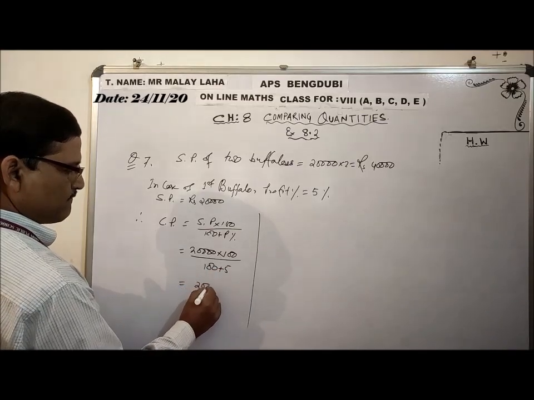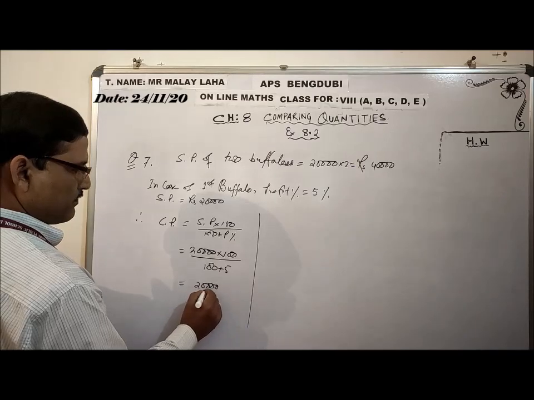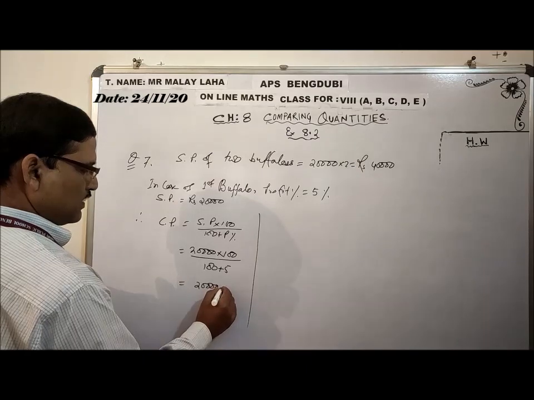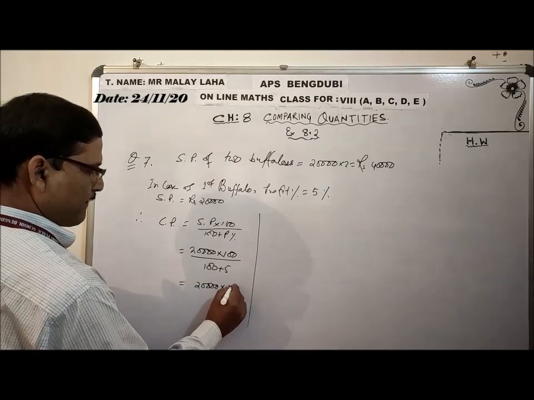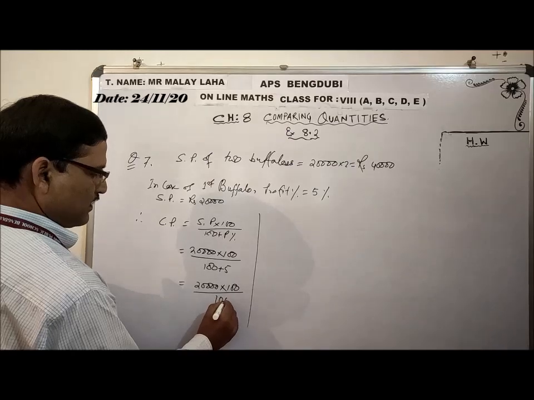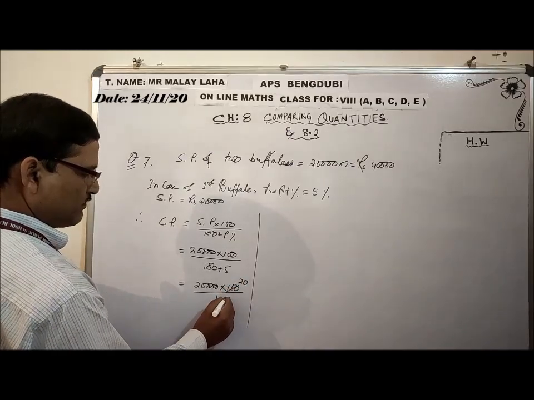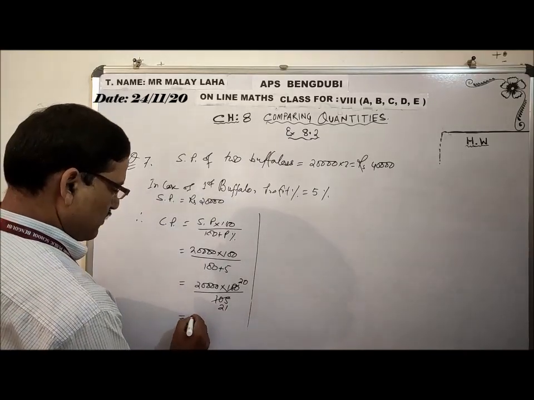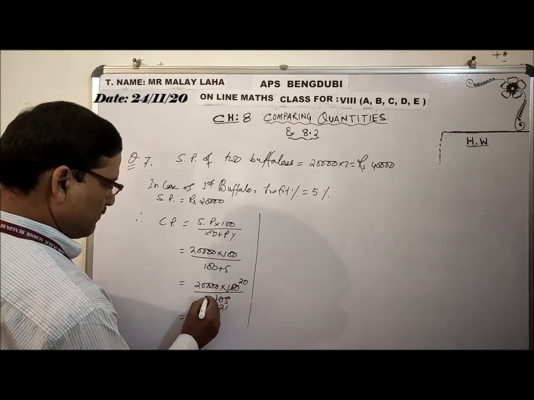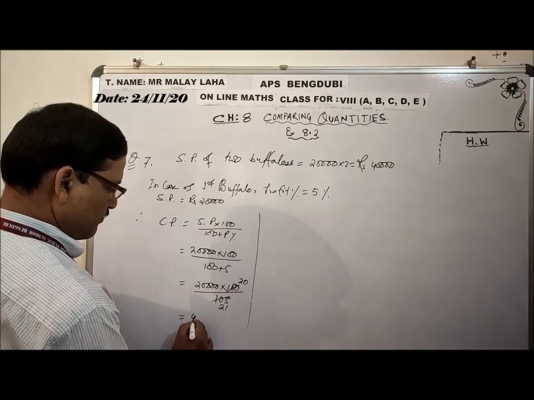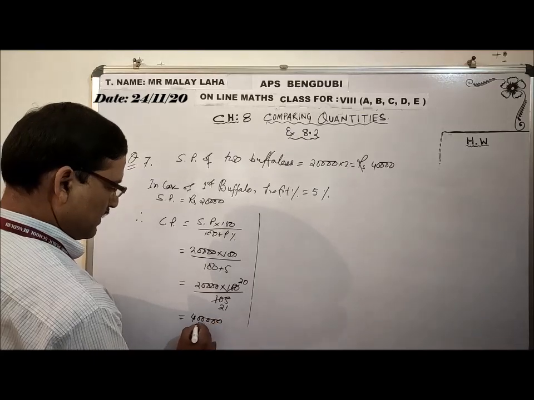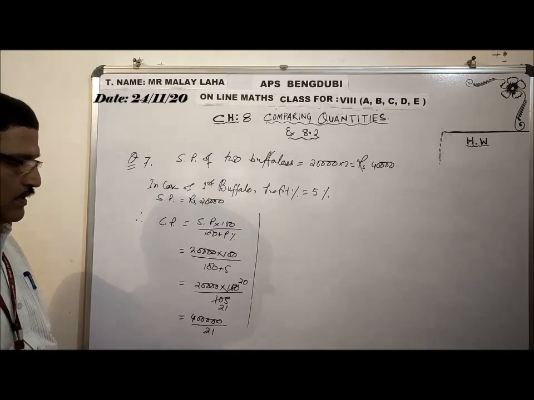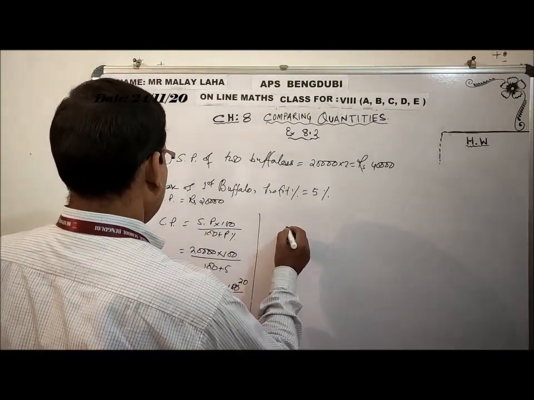So 20,000 into 100 means one more zero, into 100 by 105. Cut it by 5, it will be 20. Cut it by 5, it will be 21. This calculation is a little bit tricky. You have to find 4, and how many 0s will be there? 1, 2, 3, 4, and a 5. So 4 1, 2, 3, 4, 5 upon 21. Leave it like this because it is not the final answer. So you have to find the next one.